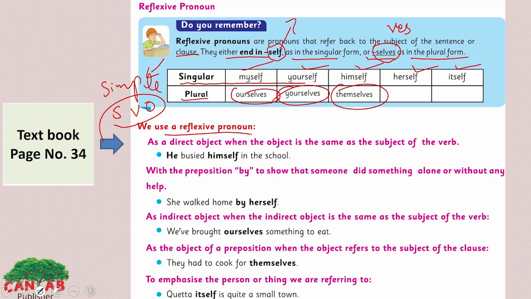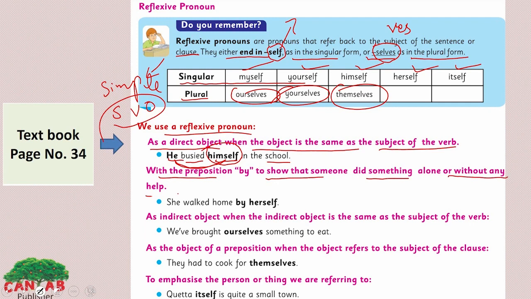We use a reflexive pronoun as a direct object when the object is the same as the subject of the verb. He busied himself in the school. Here, he and himself are the same person. So the object and the subject are the same here. He and himself are the same. They are talking about the same person here. So we will add himself, the reflexive pronoun here, with the preposition by to show that someone did something alone